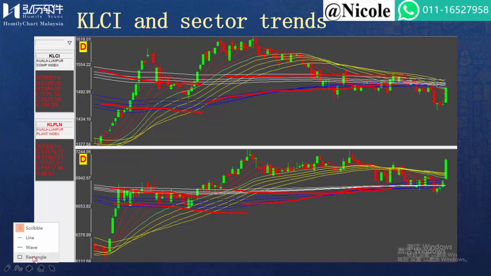We can see here, when price is in sideways here and the price is in sideways here. The difference is that if you see KLCI, we can see actually KLCI